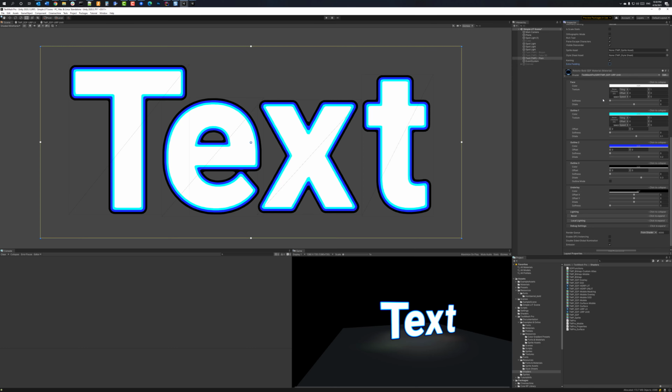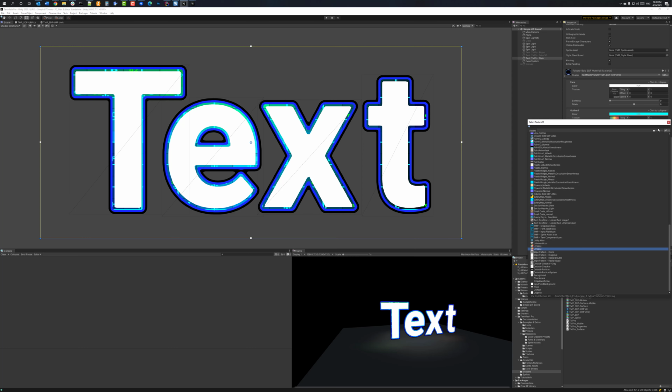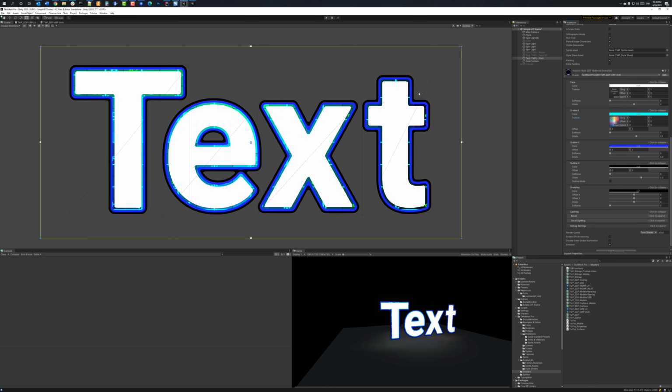So we've got our textures here. If I assign a texture, for example, to the outline, let's just pick a UV grid, you can see the texture is being applied there, but it's being tinted, and we're only seeing a little part of it. So let's just boost that a little bit. So this is all operational and functional,